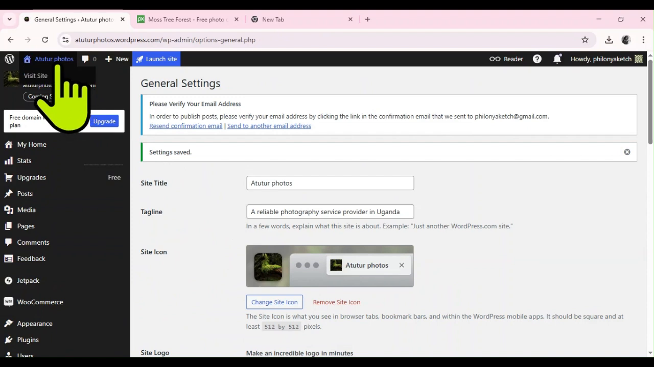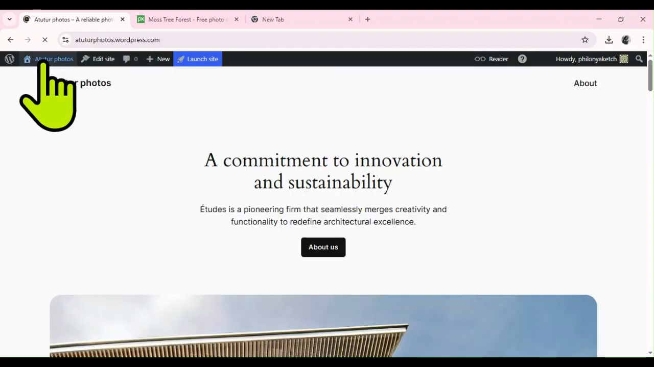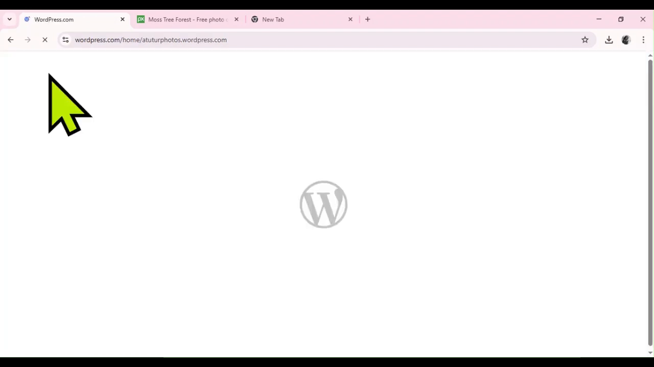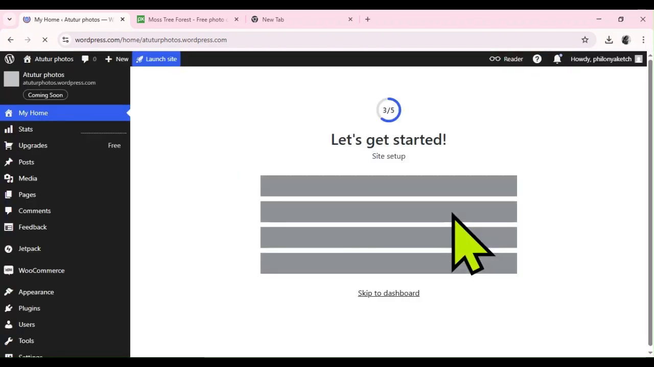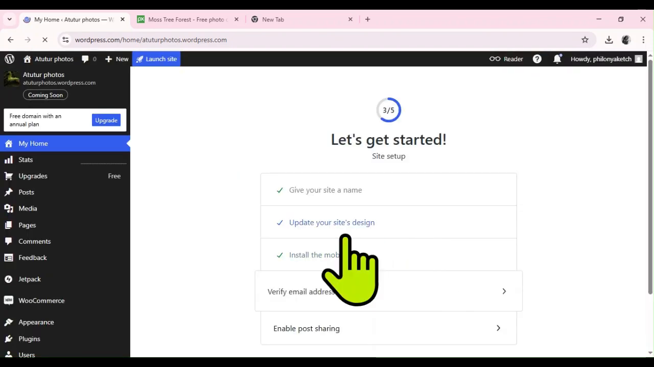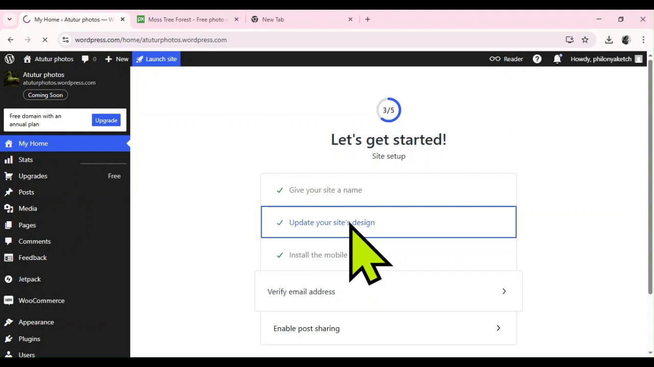So after saving the changes, I want to go back. So I'm just going to go back again. But I want to do this and then I can go here back to the dashboard. And then I can now update my site's design. I can install the app. So if you want to update the site's design,